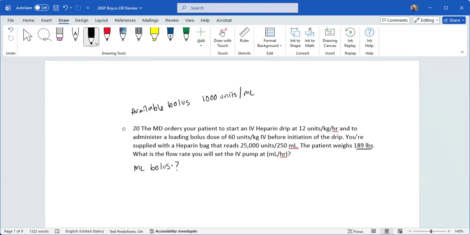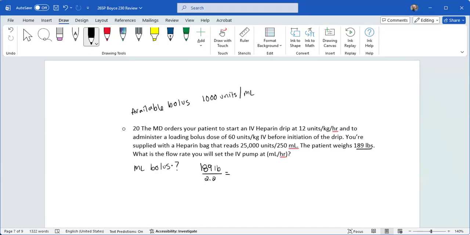Right. Well, I'll say I also got 5.2 milliliters. So just in case you're stuck, we're going to take our 189 pounds and divide by 2.2. Okay, good. Thank you for letting me know what you got, Casey, because sometimes the issue is if we use different numbers. So let's make sure we're all using the same numbers. I'm going to start off by taking 189 divided by 2.2, and I get